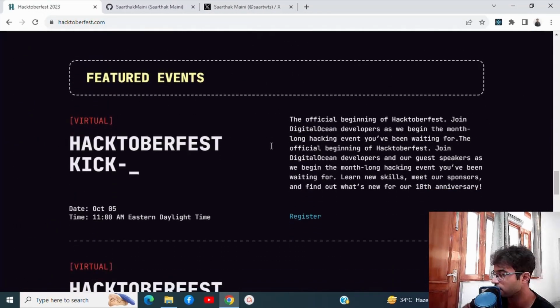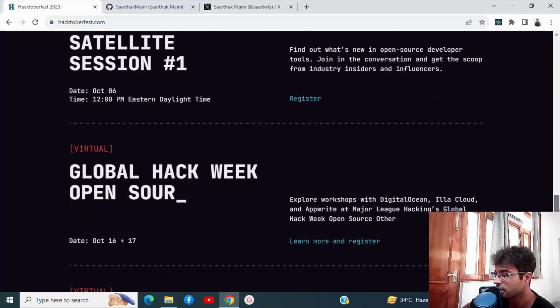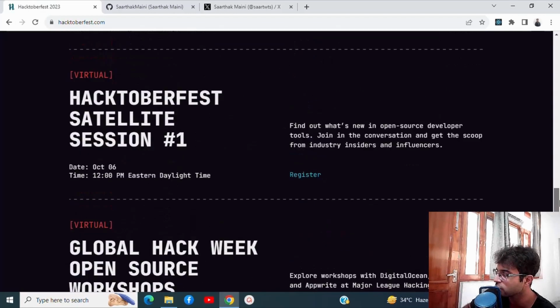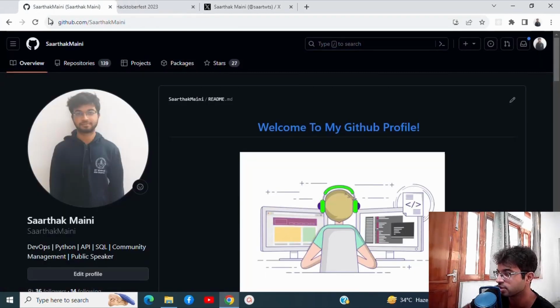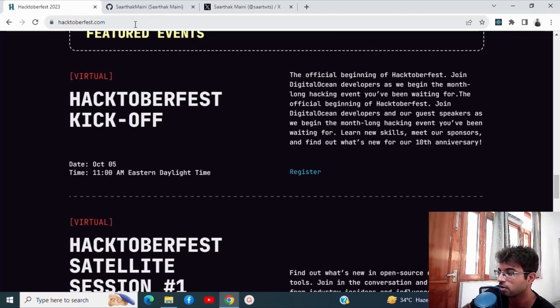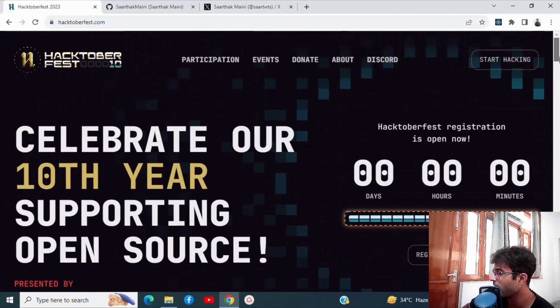We have some featured events: Hacktoberfest kickoff, Hacktoberfest satellite session, Global Hack Week, etc. And you can register for these on hacktoberfest.com itself. So now let's look at the interface,